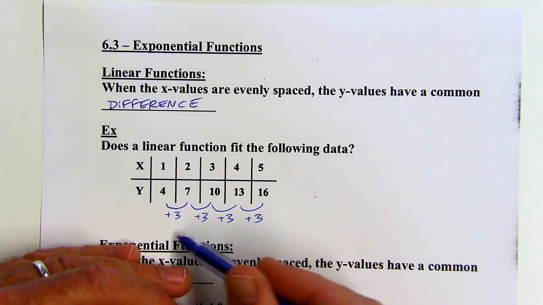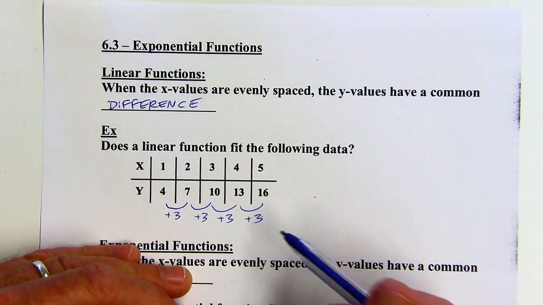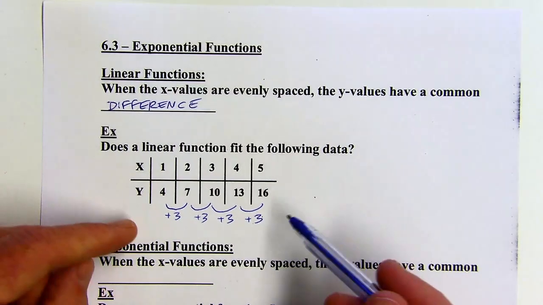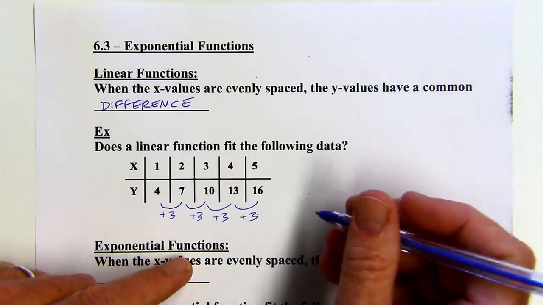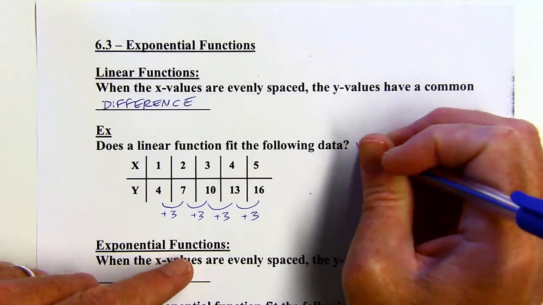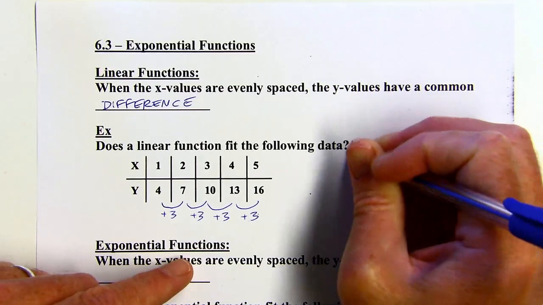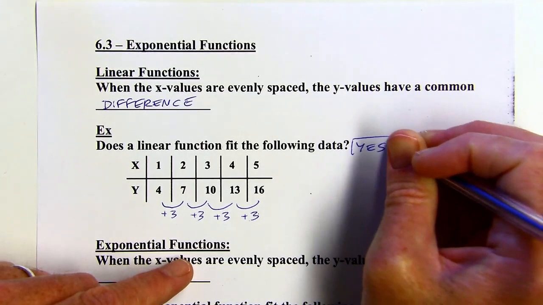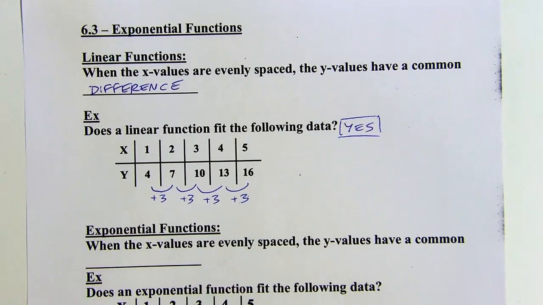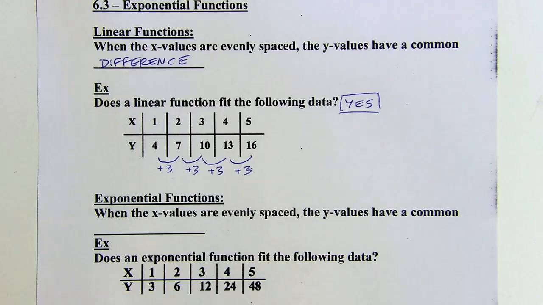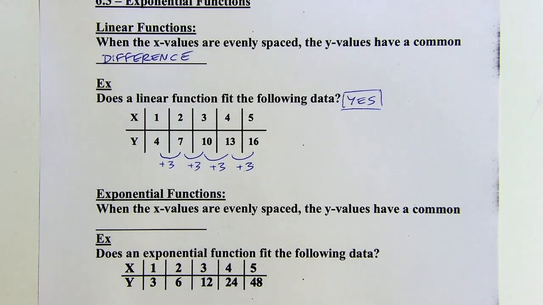I've got a common difference here, a common first difference, and that means that it is going to work. If I got different numbers out here for the y's, then it would not be a linear function, but this one is, because the first differences are the same from y coordinate to y coordinate. Okay? Now, that's something from a previous section, but we can use a similar type of test to check if